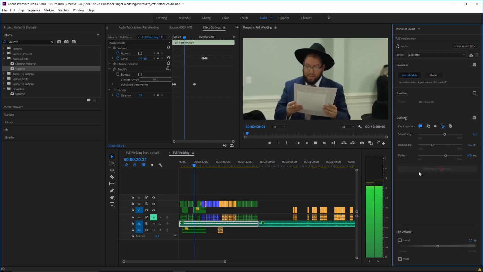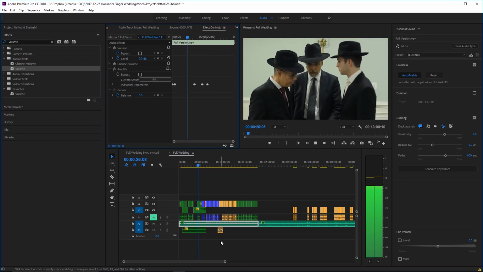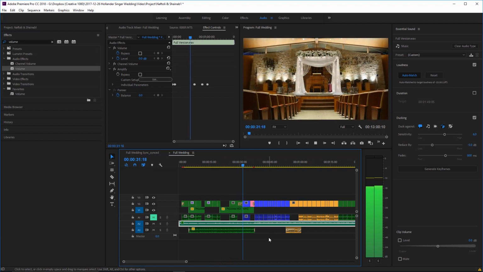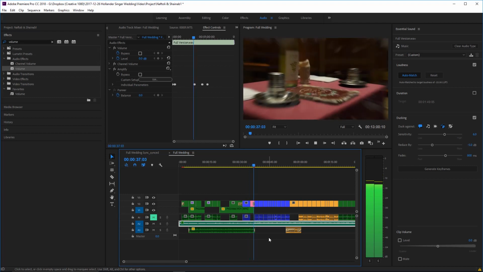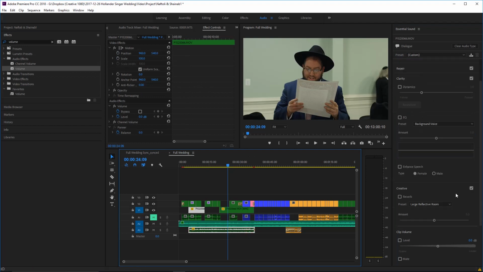Oh, we can make it duck against ambient clips also. So let's get rid of my manual keyframes. I think to have other effects here where we can clip volume, duration, loudness, preset. There were some things in here. Oh, wrong thing. This is dialogue, and there was